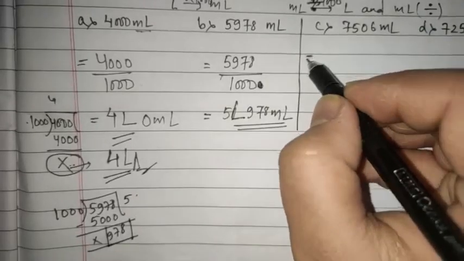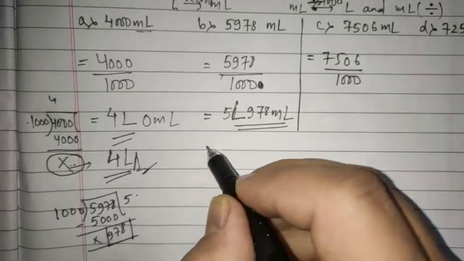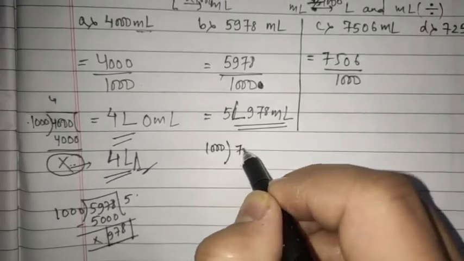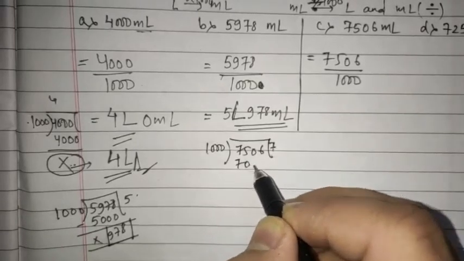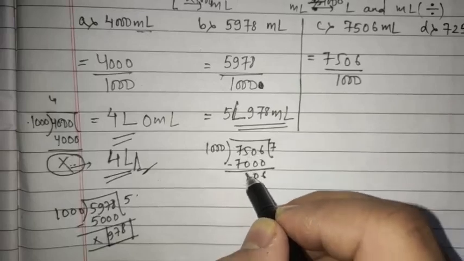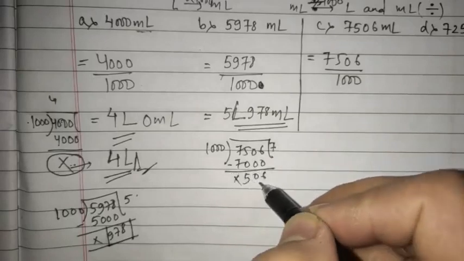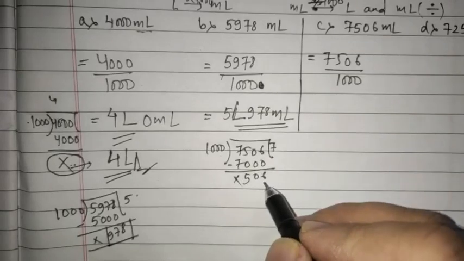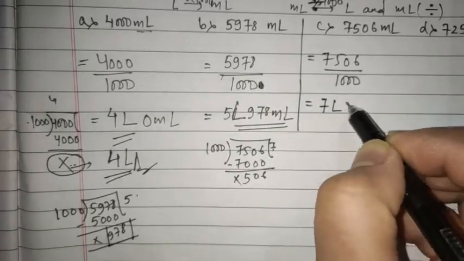Proceeding to the next question, 7506 milliliter. Just do simple division with 1000. Whenever you do so, just see 7506. 1000 into 7 is only possible. Subtract it. 6, 0 minus 0 is 0. 5 minus 0 is 5. The remainder is 506. Now 506 cannot be divided by 1000. So the answer is 7 liter 506